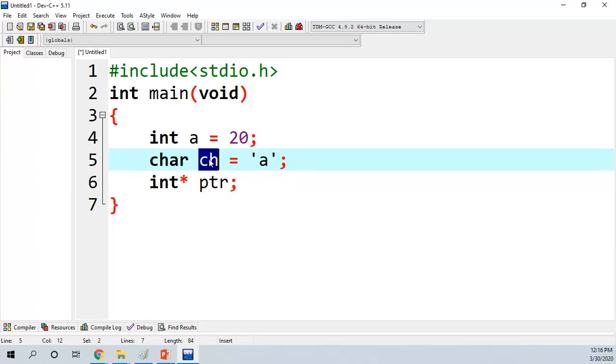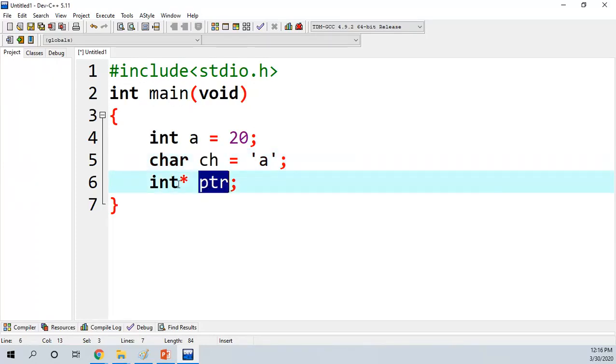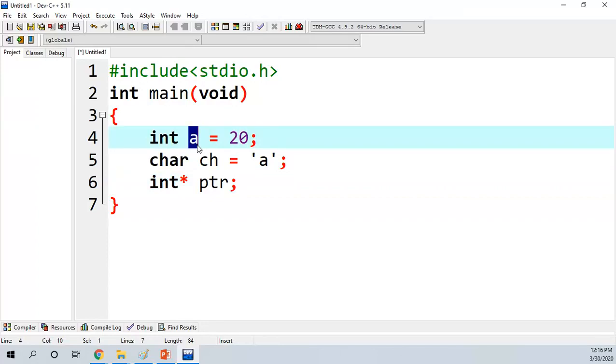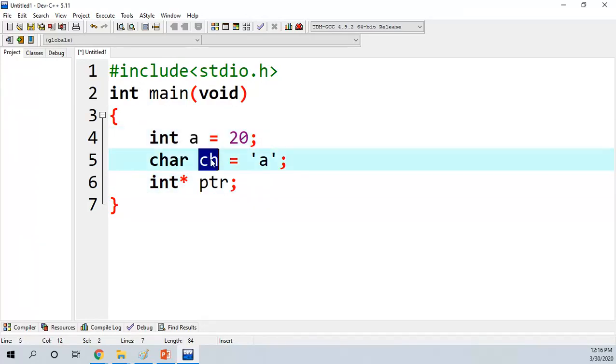No. Why? Because my ptr is of type integer. ptr is a pointer of type integer, so it can hold only the address of an integer variable. It can't hold the address of a character variable. The concept is very simple. Suppose you have an integer variable, declare an integer pointer to store the address of